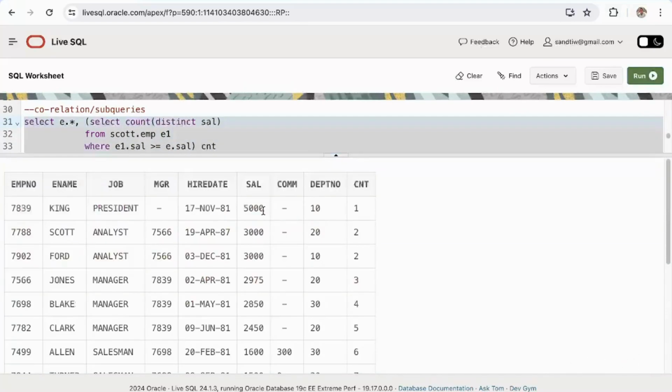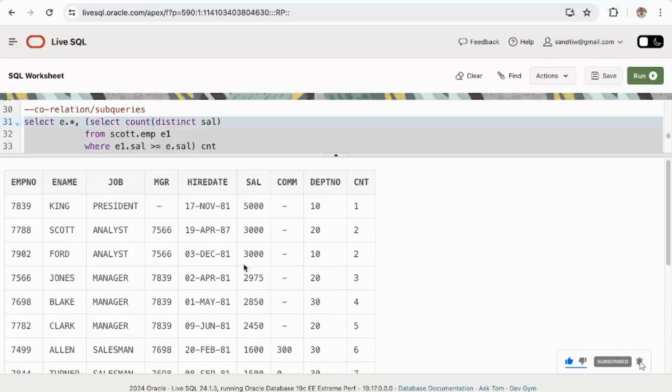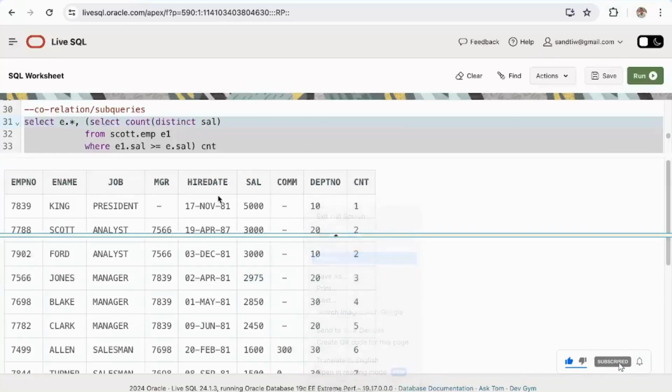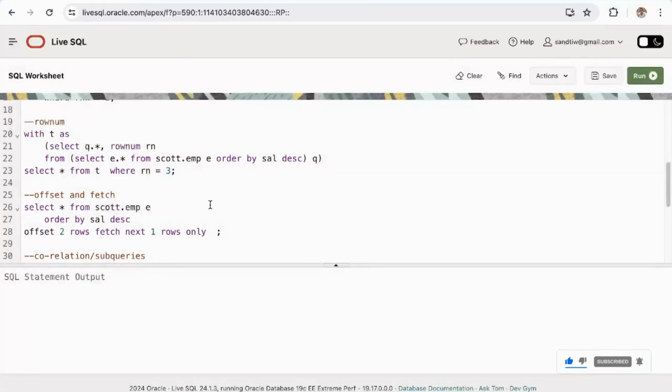See, here you can see how many salaries. So I'm passing 5000. How many employees are there with salary 5000 or greater than 5000? Only one. 3000, 2, right? Greater than or equal to 5000 and this one. 2975, 5000, 3000 and 2975. So 3, 2850, 4, 2450, 5. And what did I pass? 3. So I'm getting this output, right? Hopefully